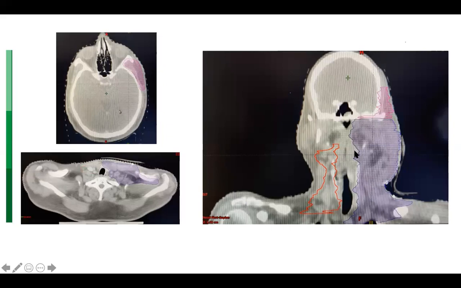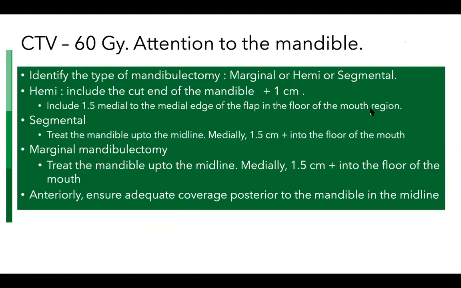So now this is the 60 gray volume, the bulky flap, the masticator space, the lower neck. This, the suprazygomatic part, is included in the 50 gray volume, and this, the contralateral neck, is in the 50 gray volume. And if we are SIB-ing, of course, it will go up to 54 gray. So this, in sum, is how we would draw the target for a buccoalveolar lesion, and the reasons why we would draw the target in this manner I've already specified.